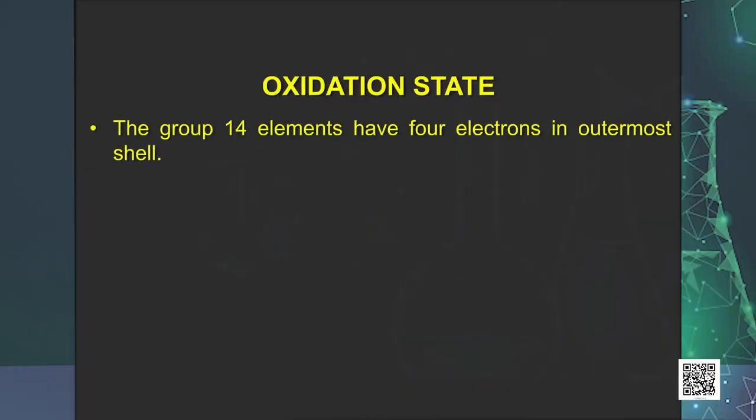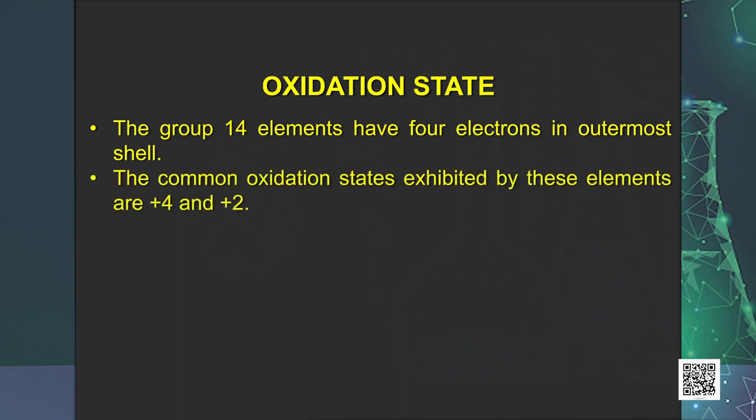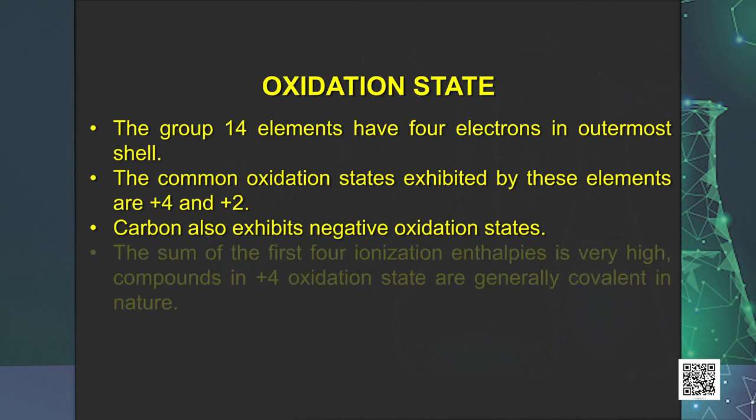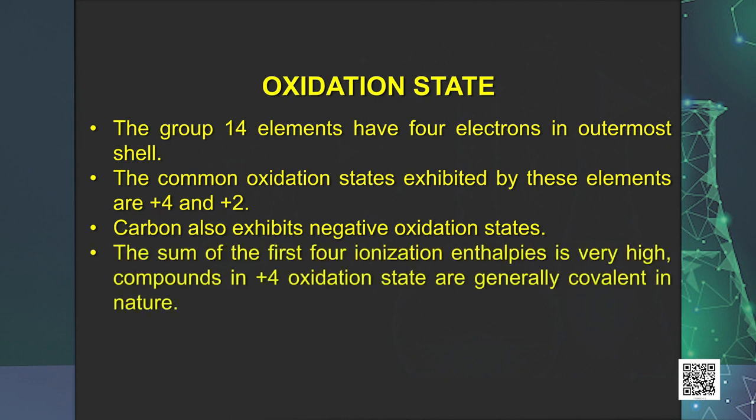Let us start this session with discussion about the oxidation state and the trends in chemical reactivity for the group 14 elements, that is the carbon family. The group 14 elements have 4 electrons in outermost shell. The common oxidation states exhibited by these elements are +4 and +2. Carbon also exhibits negative oxidation states. Since the sum of first 4 ionization enthalpies is very high, compounds in +4 oxidation state are generally covalent in